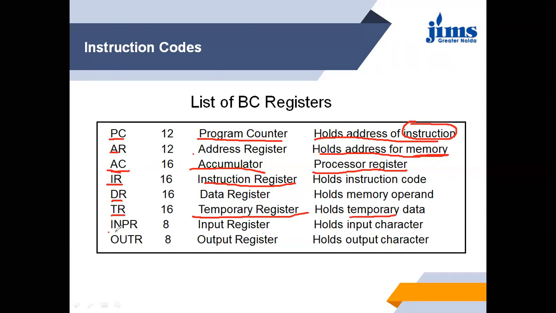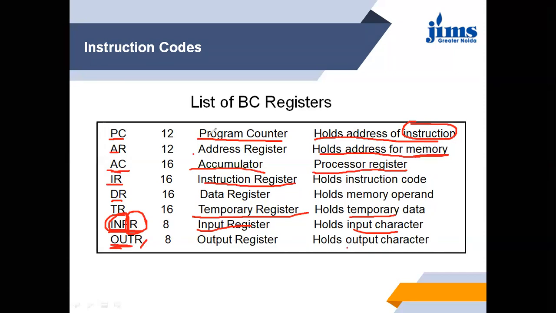Now INPR, where INP means input. This is the input register, which holds the data of the input devices, the input characters. And this is OUTR, the output register. It holds the data that has to be sent to the output device.